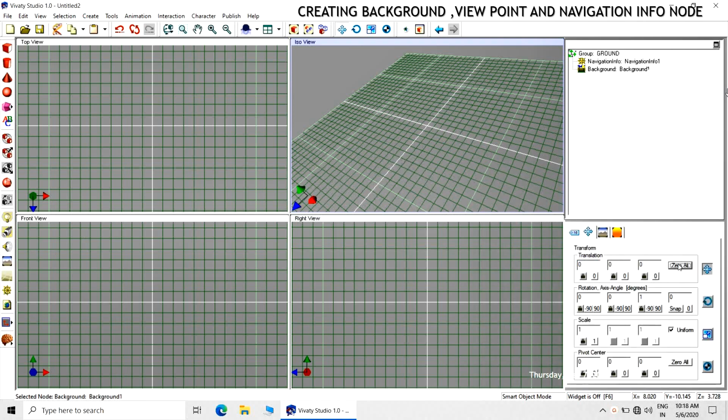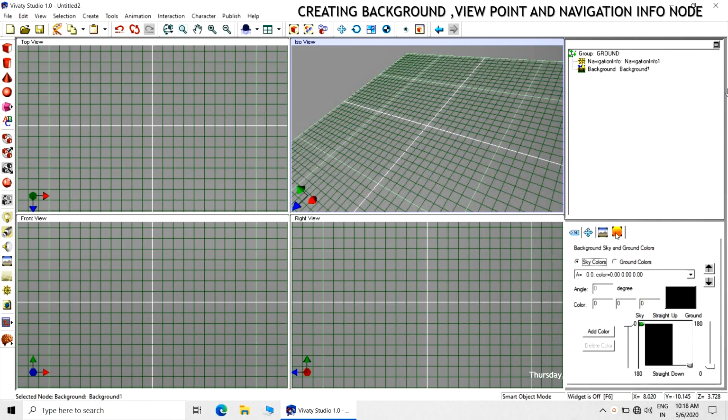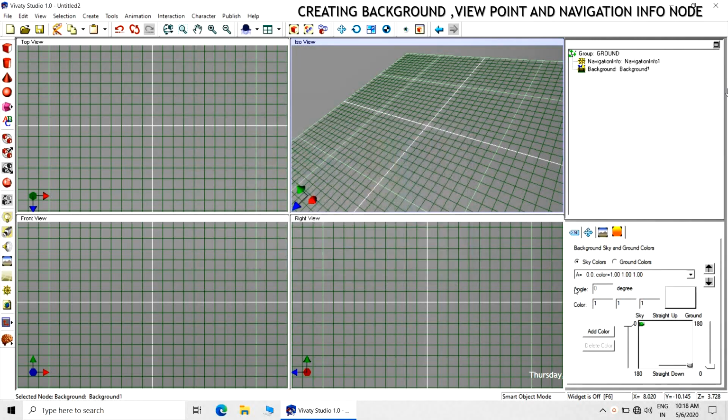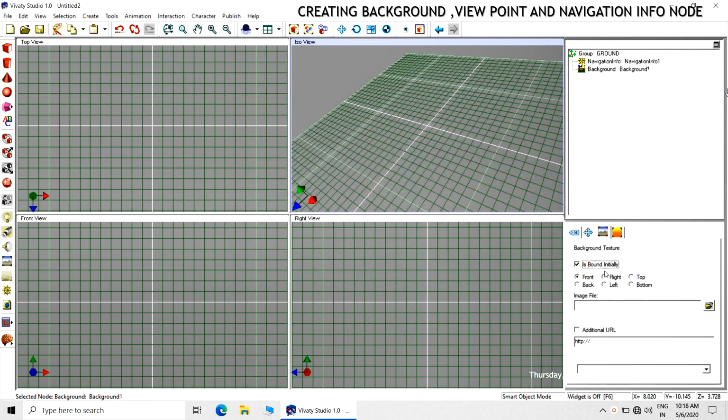I will be using a white background, because by default the background is black. These will be the parameters.